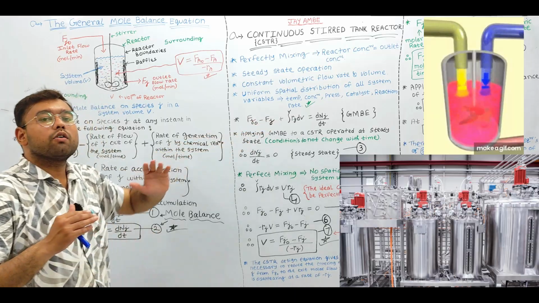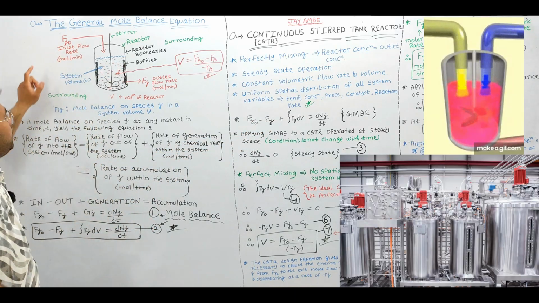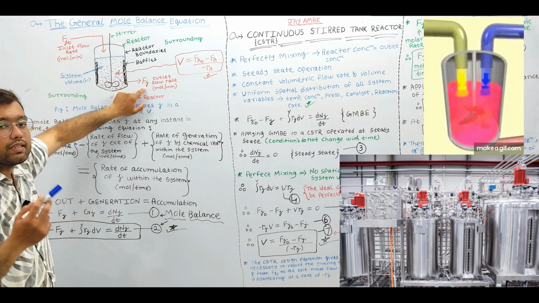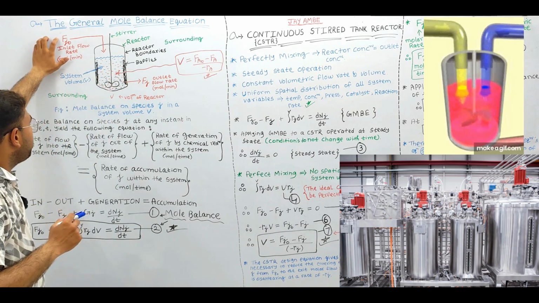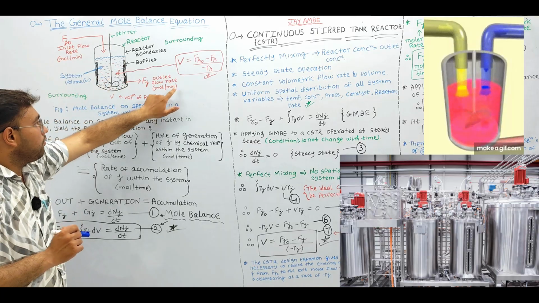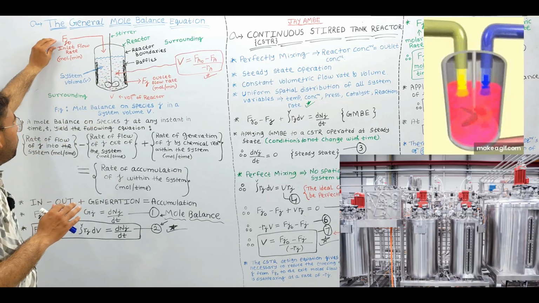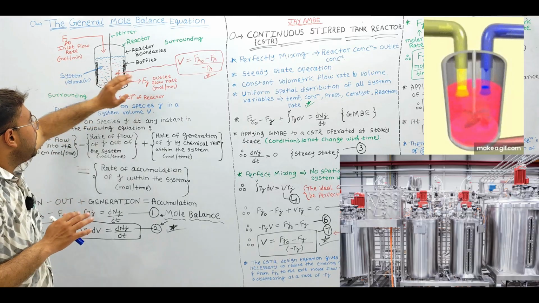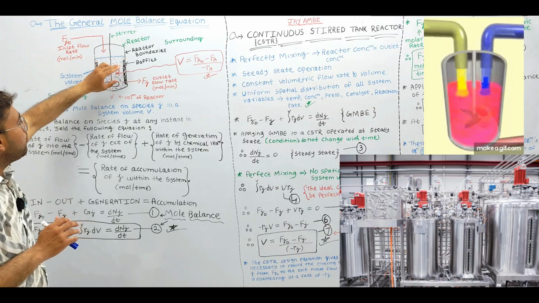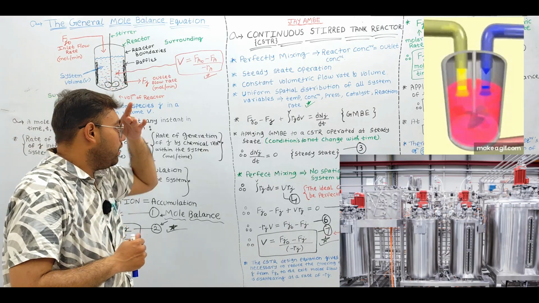And we have constant volumetric flow rates. So we have the volumetric flow rate Fj naught at the inlet and Fj at the outlet. So we have constant Fj naught inlet molar flow rates and constant Fj outlet molar flow rates. Due to the constant volumetric flow rates of inlet and outlet, we have a uniform constant volume. I hope you have understood. Okay, now let's say